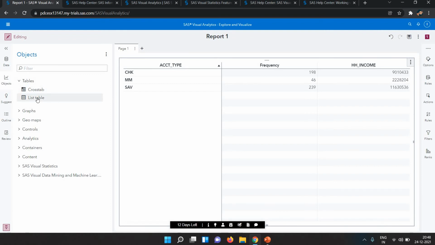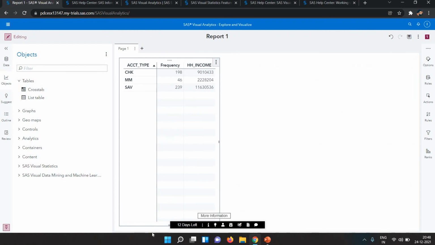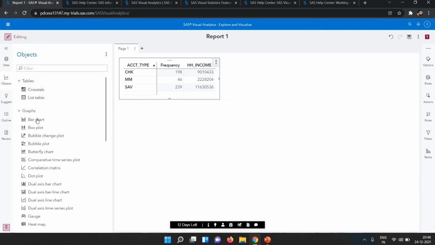We use the cross tab and the list tab for listing the data basically. So I have the list now.